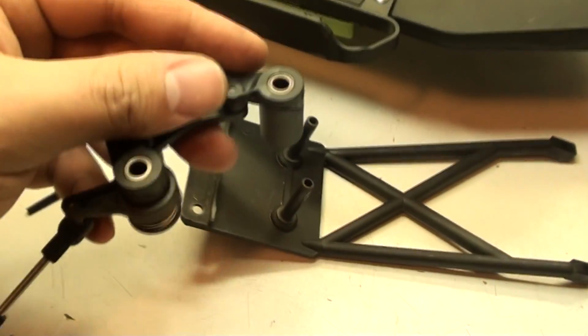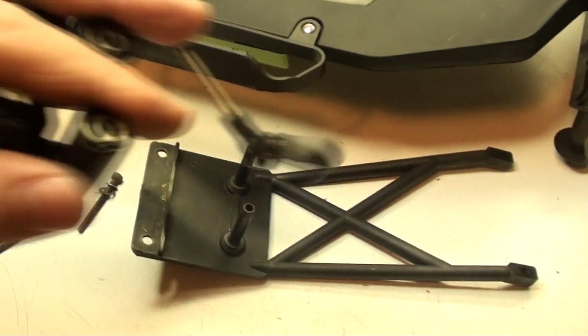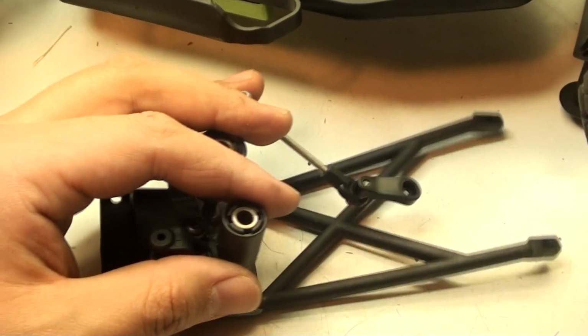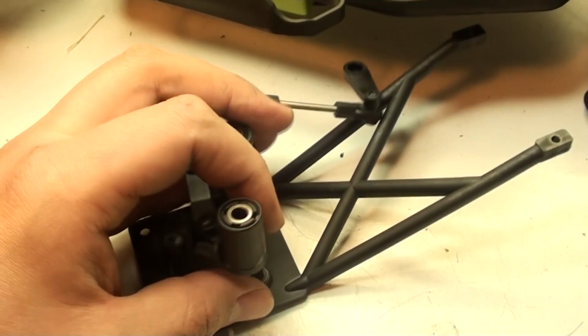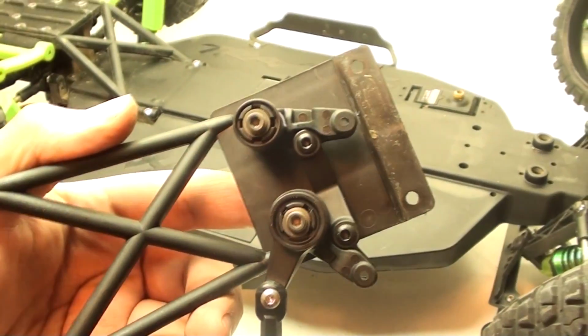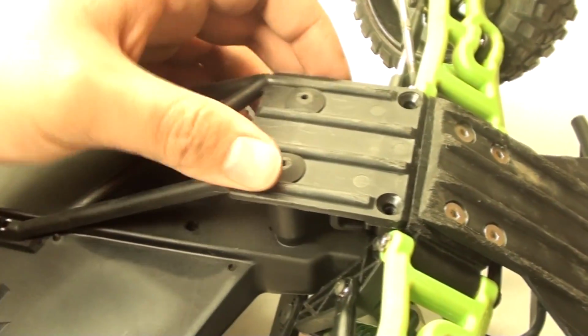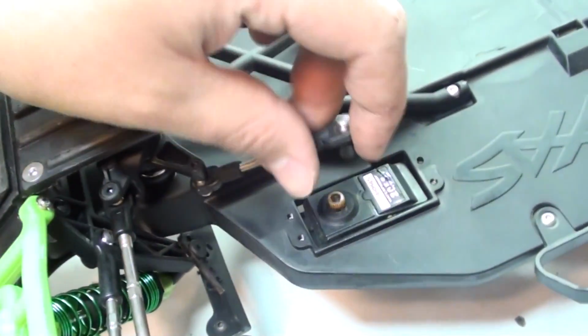So now it's time to go ahead and slide this back on to the plates, and then reattach the skid plate as well as the turnbuckles and the servo arm to the servo. Now that that's been reattached to the skid plate, it's time to go ahead and reattach the rest of it. Now that it's all back in place, I just need to go ahead and center out the servo before I reattach the arm. So I'm going to go to the